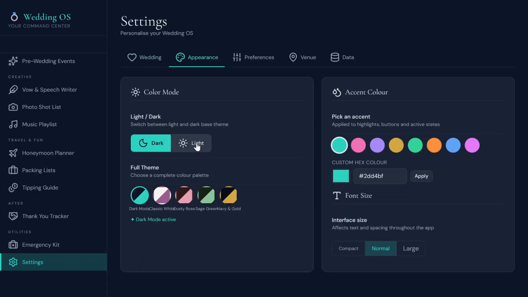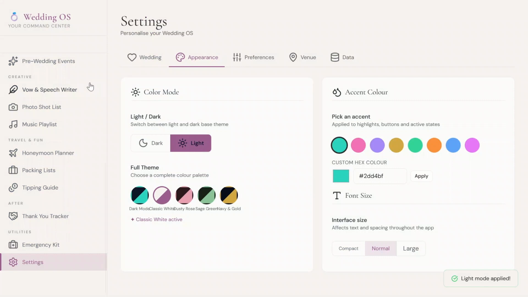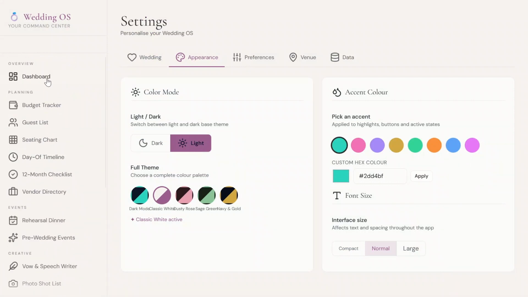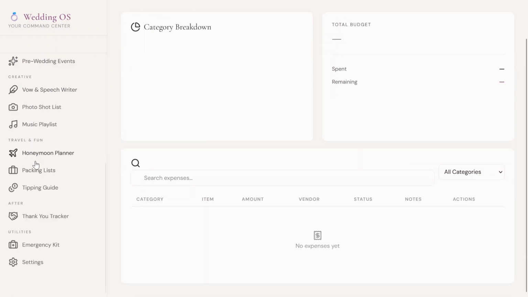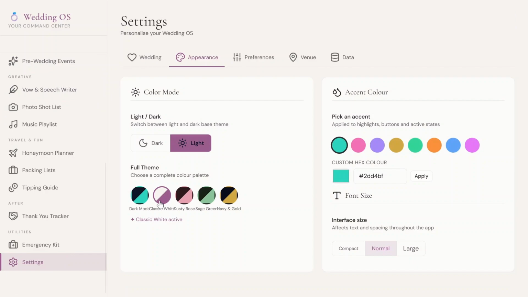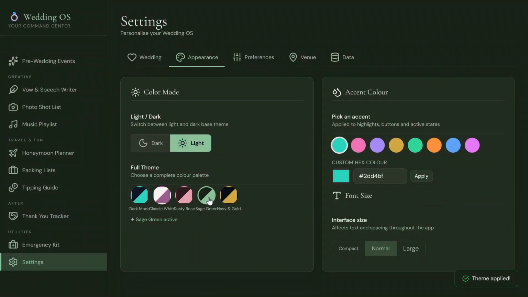Then we have created this appearance tab also. You can convert this planner into a light theme also. You can see that it will be depicted like this one. And there are, by the way, different themes. You can change the